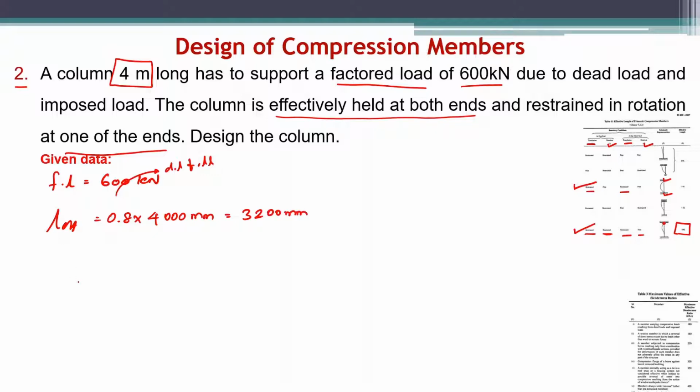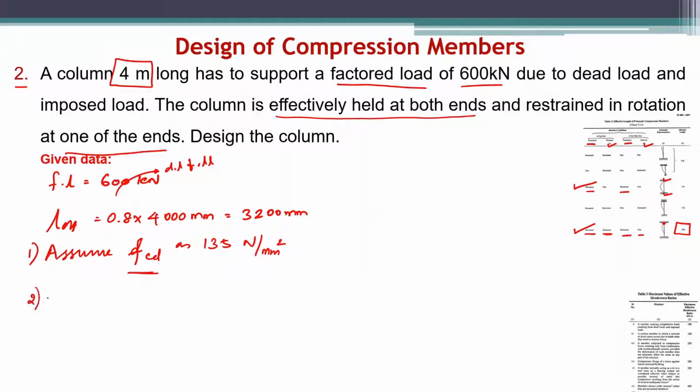We know the given data. Now we need to design the column. So for design, we need to follow a procedure. First, we have to assume the design compressive stress. Assume design compressive stress fcd as 135 Newton per mm square. Many times we have discussed this fcd to be assumed, which has to follow a little thumb rule, or you can assume by having experience of design. So now I am assuming 135 as the design compressive stress.